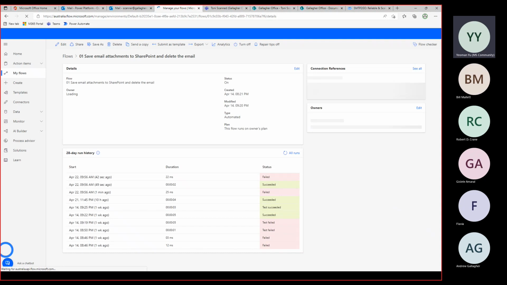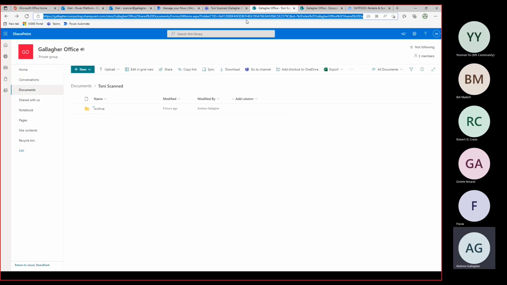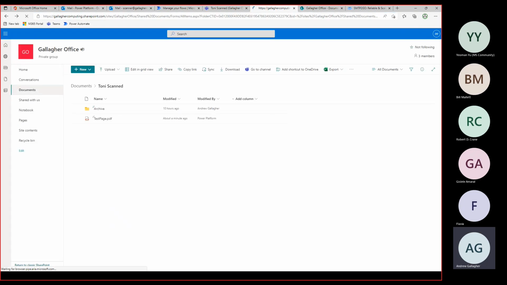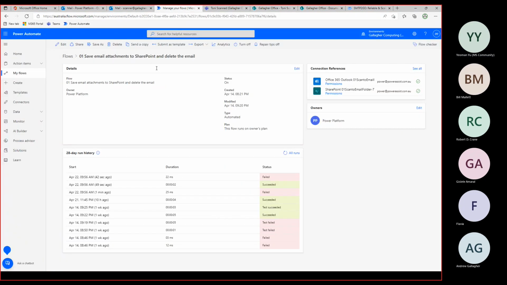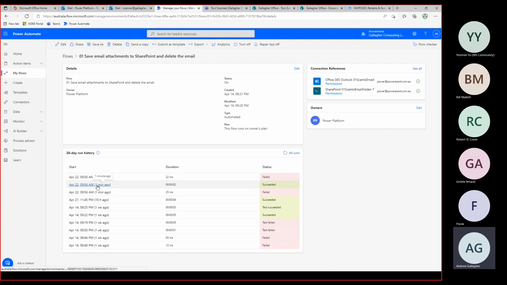Andrew, it hasn't already appeared in the SharePoint, has it, as part of it? Because the flow hasn't run. Let me refresh that. There you go. There's your test page. Oh, there it is there. Okay, it took a little time.